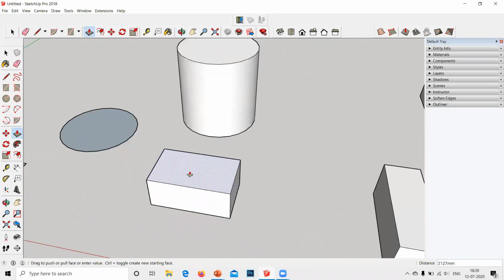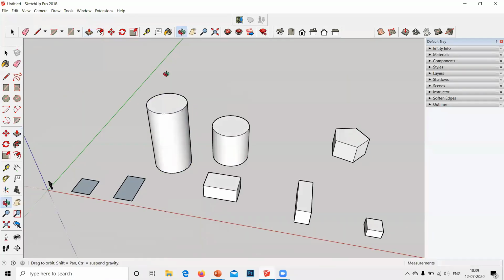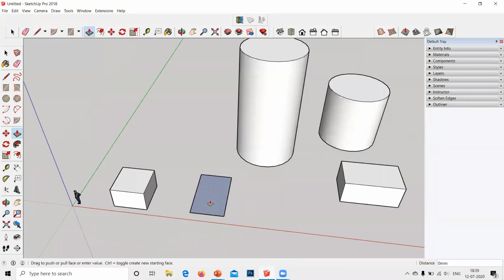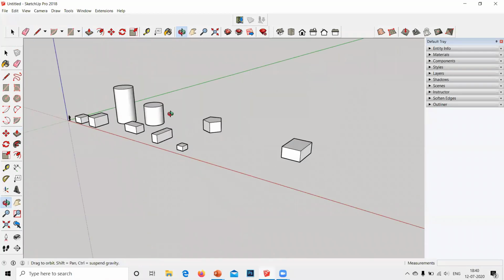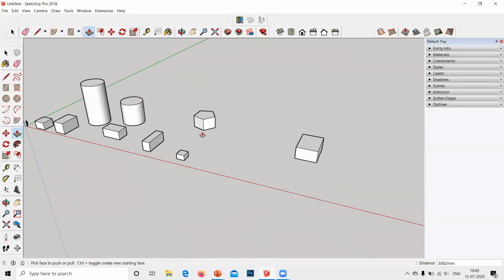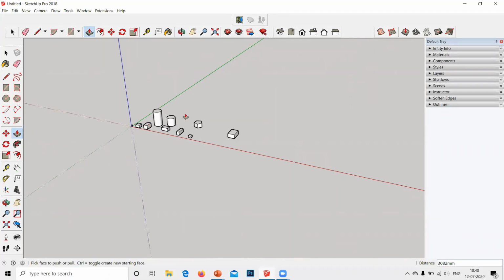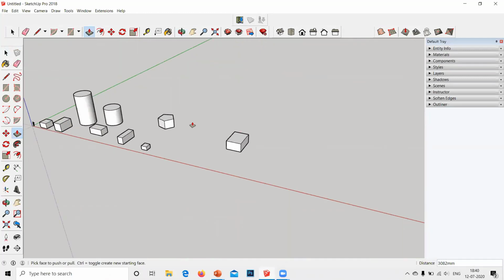A cuboid, again a cylinder of a greater height, again a cuboid. So we have created all these 3D images out of just 2D figures. Okay, so this is very important. The push and pull tool is very important. You can try this push and pull tool in anything which is gray or anything which has a face on it.